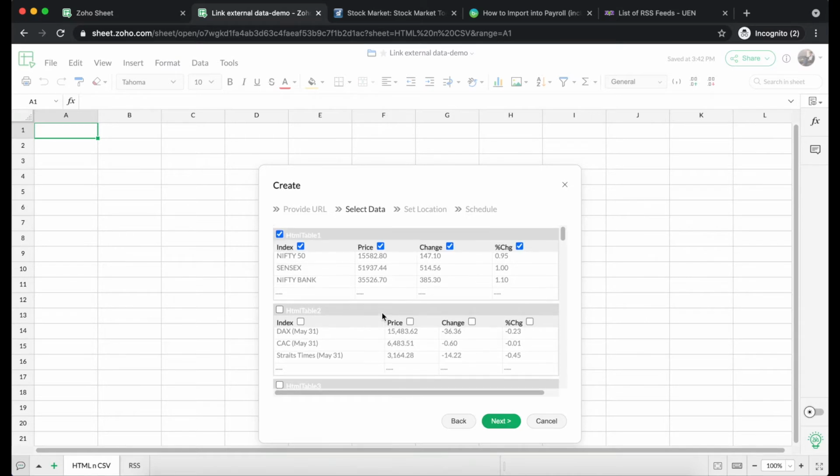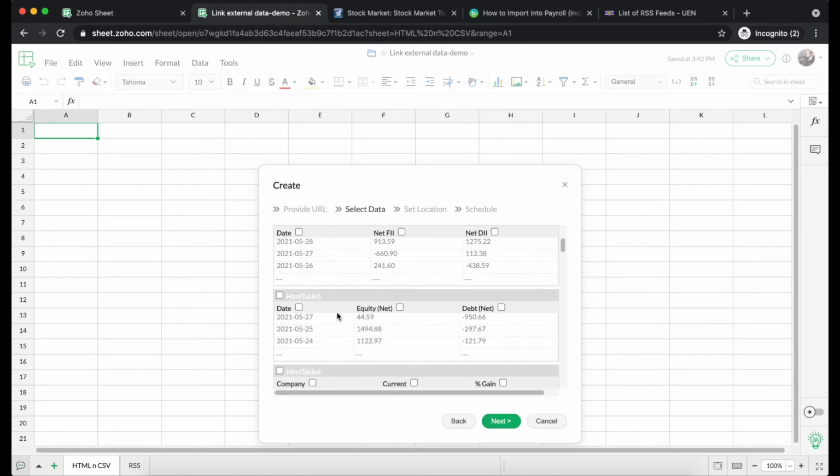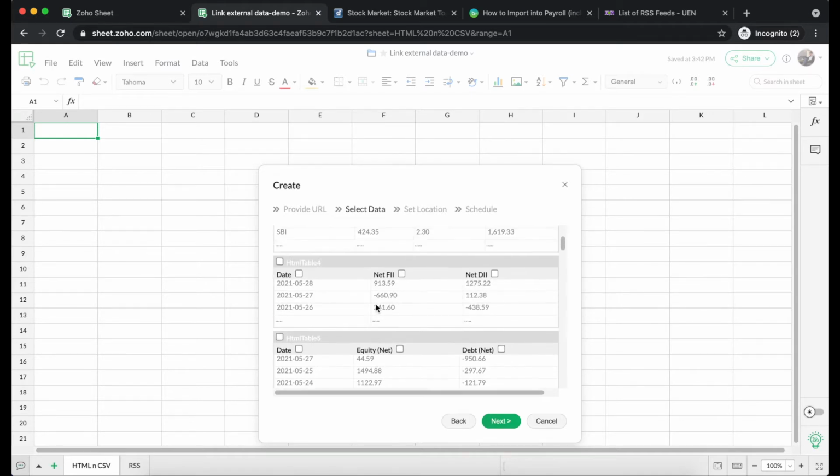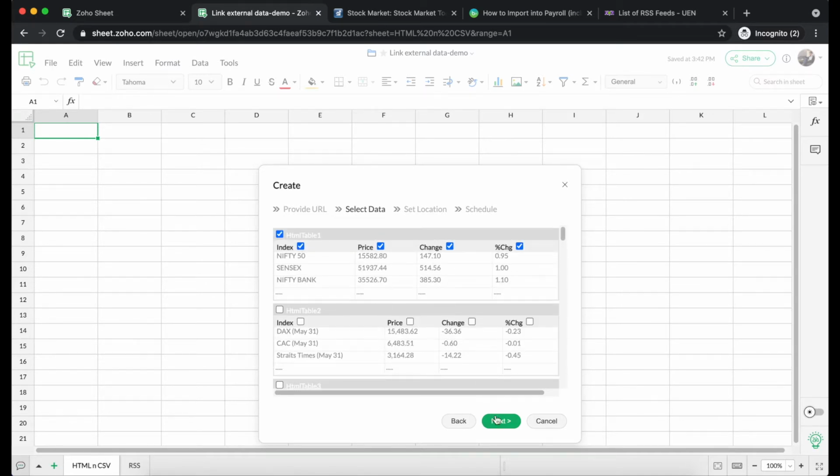Now I'm going to select another data table. You can see I've selected the first table here, and I'm going to select another table. Let's select this one. And I'm going to unselect the second column here that is giving the current value. So now you can see that I've unselected the current value column. I want only the company and the percentage gain columns to be inserted from this particular table. This way you can choose the desired data set that you would like to insert inside your spreadsheet as well. Once I've selected the desired data I want from this particular source page, I can click on next.